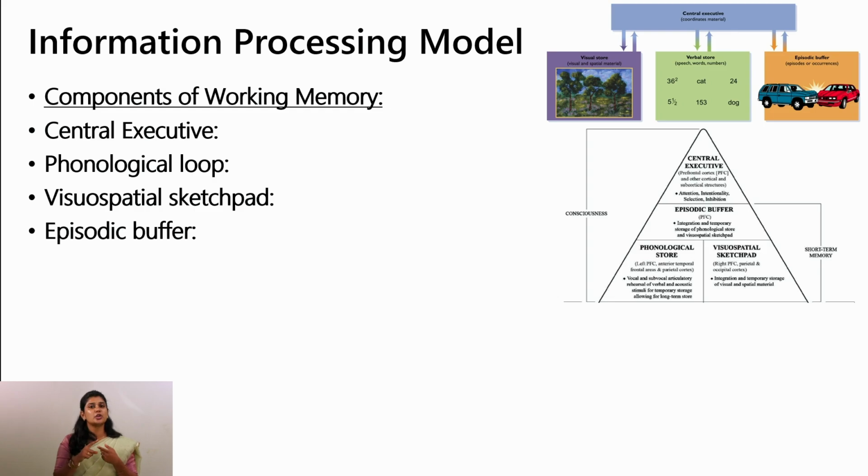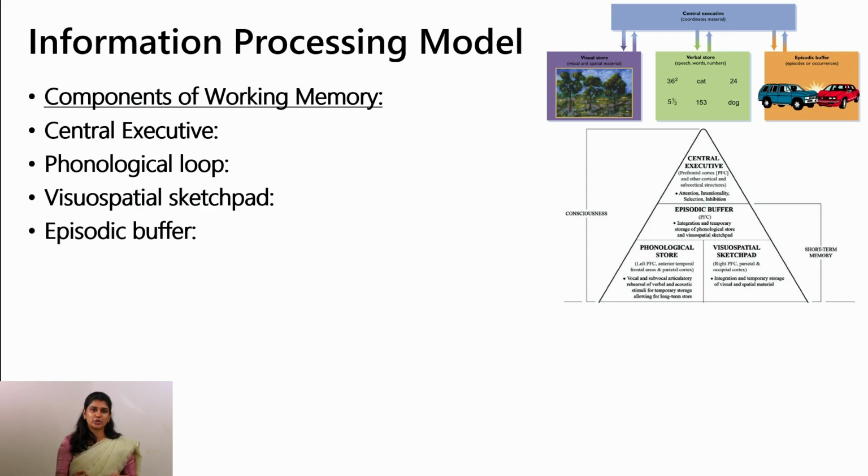The next is the phonological loop, which specifically maintains verbal information through rehearsal. This component allows us to hold on to spoken words and sounds, making it essential for tasks like remembering phone numbers or following verbal instructions. The phonological loop helps us keep verbal information active in our minds through repetition. Then we have the visuospatial sketchpad, which is responsible for holding visual or spatial information. This component particularly enables us to visualize objects, navigate spaces, and remember visual details such as the layout of the room or the appearance of a person.